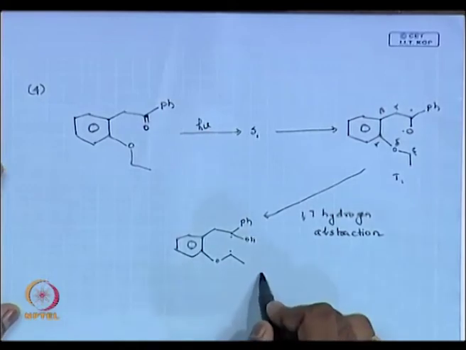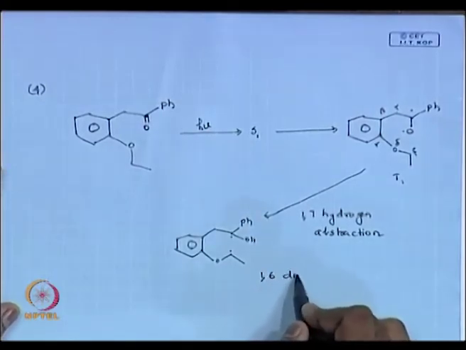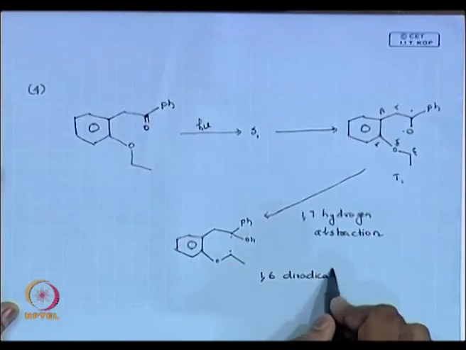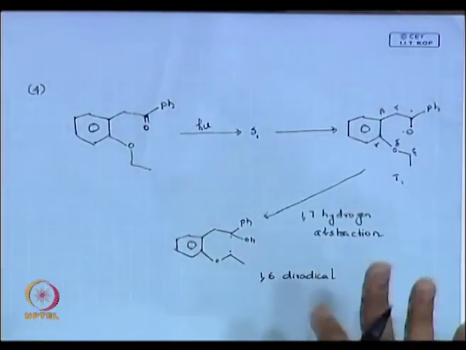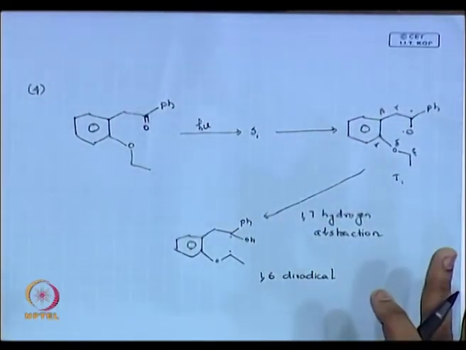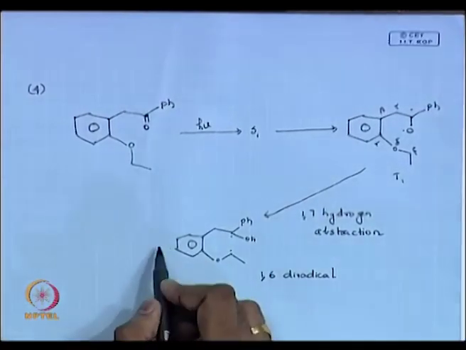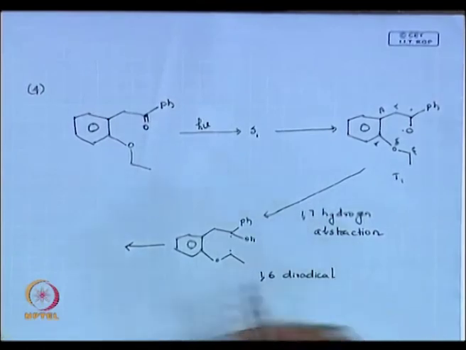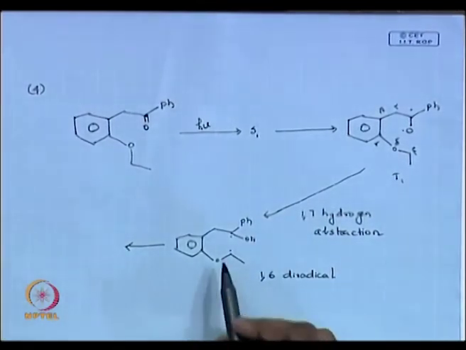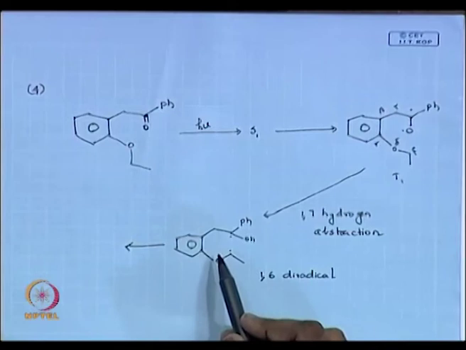So, I am always giving importance to this intermediate which is formed, because that will take me to the right chemistry product. So, what radical you should get, that should be your aim. Yeah, there are reactions which can give you nitrenes, carbenes, but in this case you are ending up most of the time with radicals. So, you know that this can easily cyclize. If it does not cyclize, then you will end up with what?